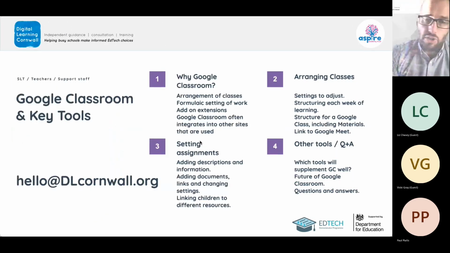So, Google Classroom and key tools. It's worth saying that Google Classroom is a little bit of a backbone of a learning platform. When you look at it, you'll feel like this product is aimed at secondary education, possibly, and certainly some of the terminology used relates to that. And you may find, looking at it, that it doesn't feel the most primary friendly platform, and you'll probably be